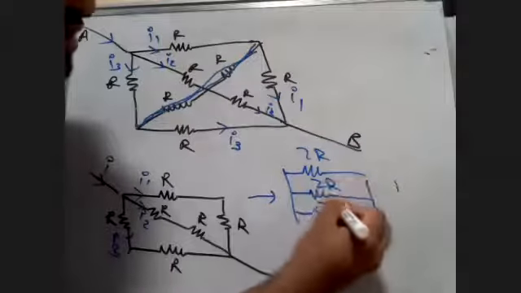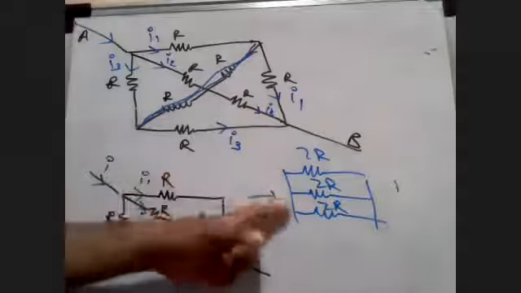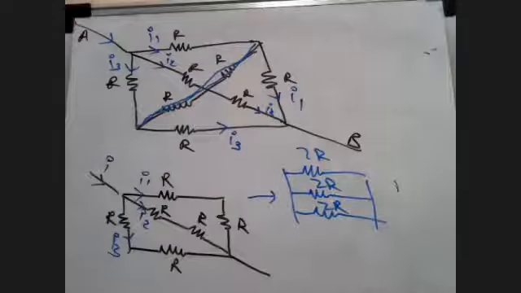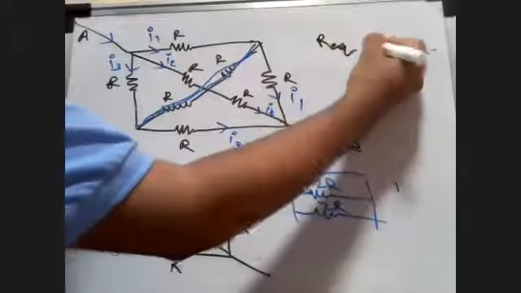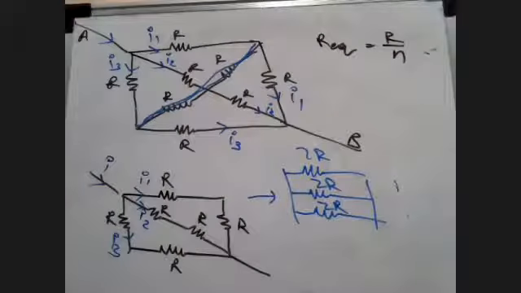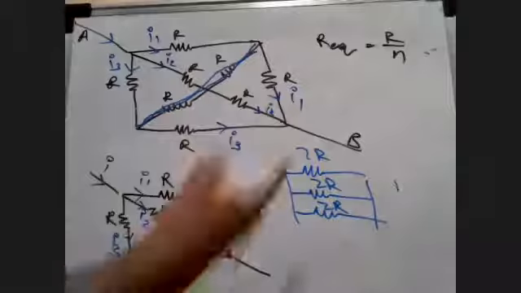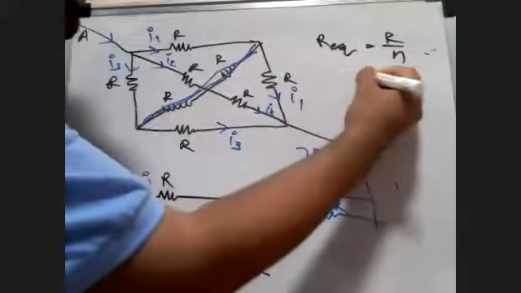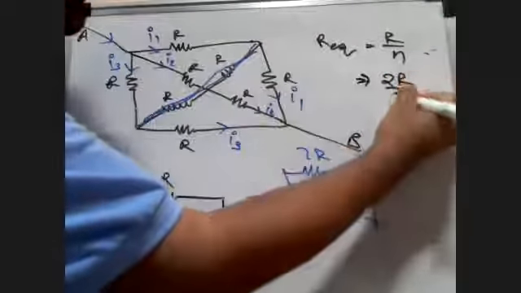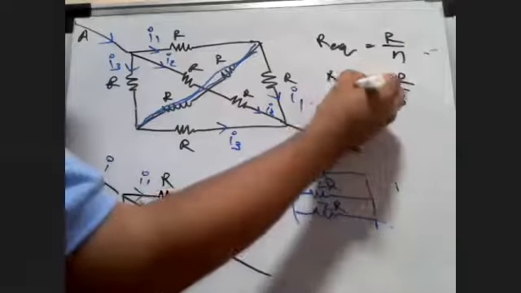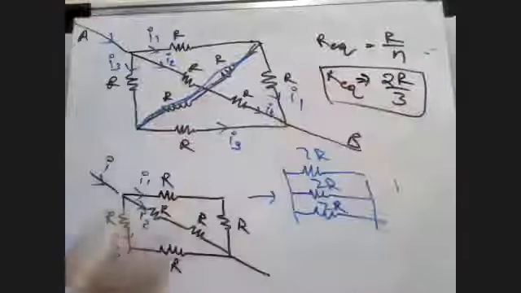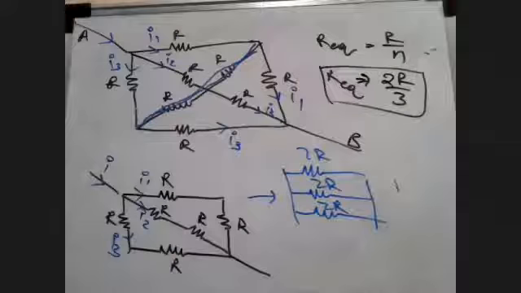Are you all understanding this? 2R, 2R, 2R. So what is my equivalent resistance now? 2R/3. You can apply the formula R equivalent equals R by N, where N is the number of resistors in parallel. There are three resistors in parallel and the resistor R is 2R over here in magnitude. So I can write 2R/3. This is my R equivalent. All clear? Everyone? How much time we got? About 5 minutes.